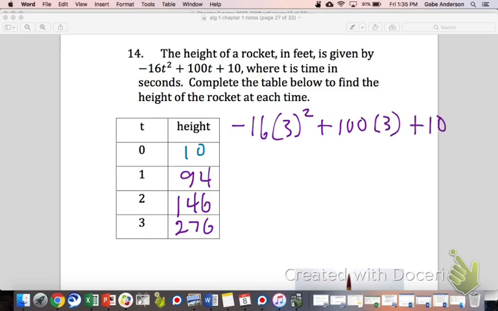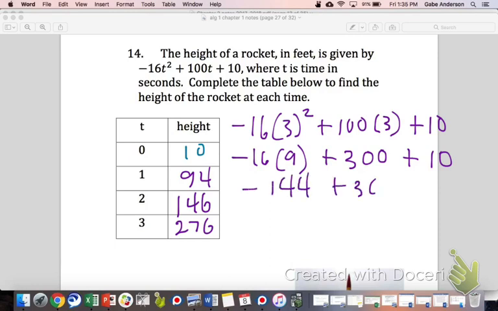Okay, would you guys agree that that would be a good start? Yes. Empty parentheses, plug in the 3. 3 squared, we have to do that first. Negative 16 times 9 should be negative 144, I believe. So negative 144 plus 300 plus 10. Negative 144 plus 300, I would say would be 156. I was wrong. Plus 10,